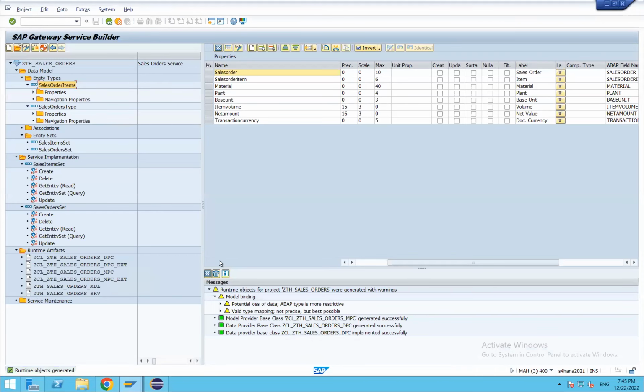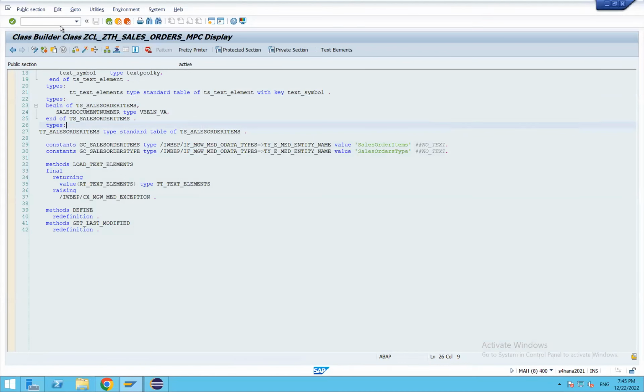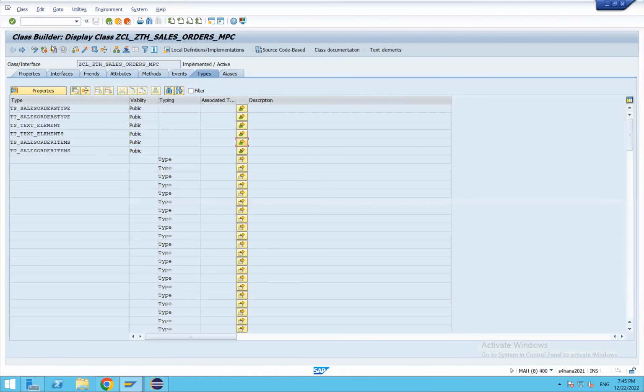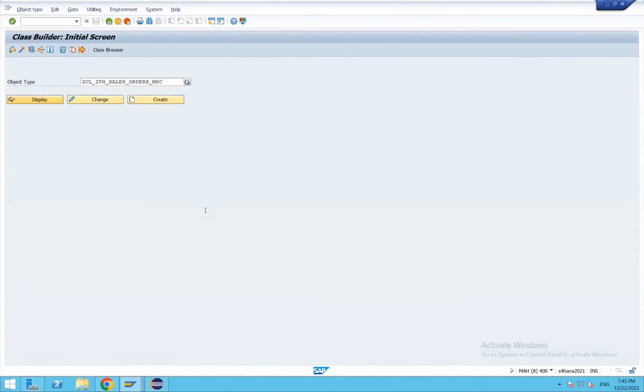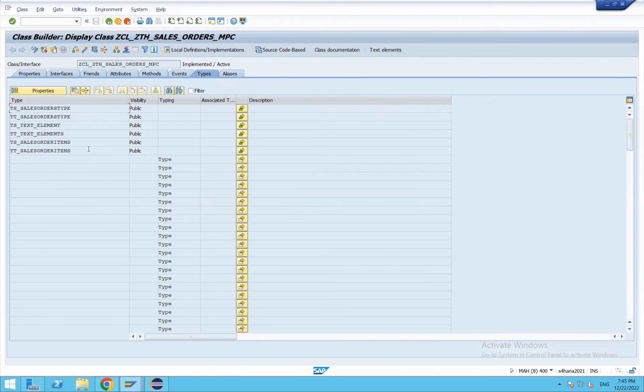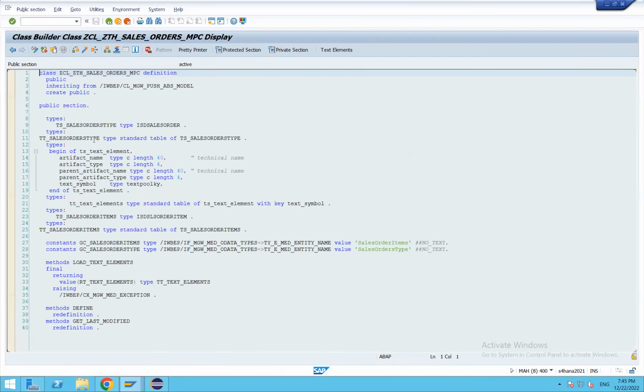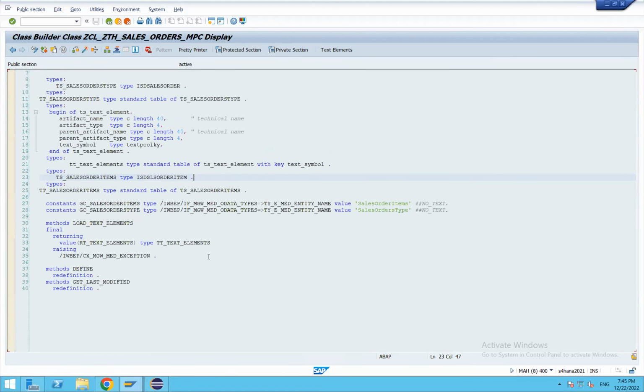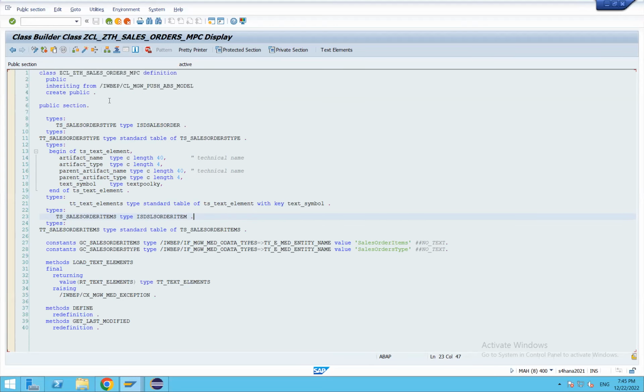So it has been generated, and let me come back to it and go back here into types, sales order items. If you see this sales order items, where is this? Yeah, sales order items. It is updated with the structure. Okay, so if we create manually, we know that it's going to list down all the properties that we have created